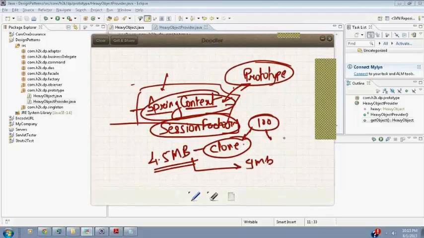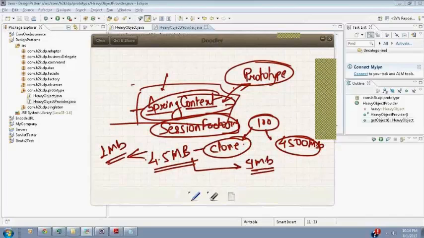What do you end up with? But what was expected? I don't need this 4.5 MB. Probably after alteration, my object will end up at 1 MB only. So I was expecting 1 MB per object, ending up with 100 MB of data,